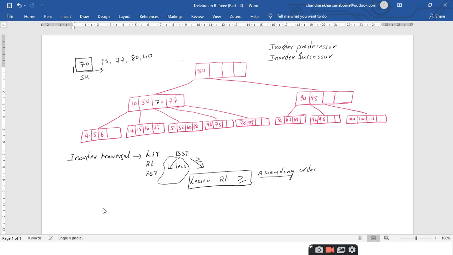Super, right? Why? Because we are processing the less values first and then the root and then the greater values, right? So you will get the elements starting from the lowest value and you keep on increasing. So the rightmost element will be the highest element and the leftmost element will be the lowest element. So this is the ascending order. This is the internal property. Nobody tells you that the in order traversal of a binary search tree will give you the ascending order, right?